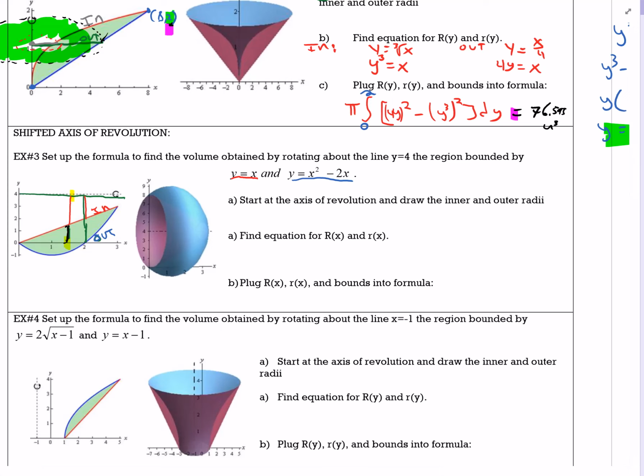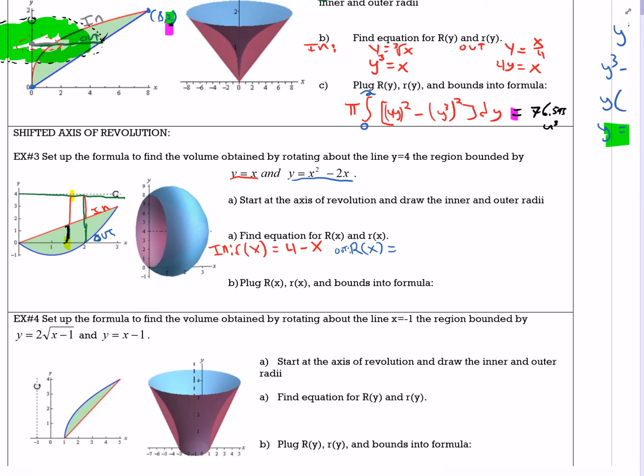So our inner radius is 4 minus x, right? Because again, the whole distance from the x-axis to the line of symmetry is 4, and we're subtracting off the black piece, which is created by the function. So our inner radius is 4 minus x. Our outer radius is going to be